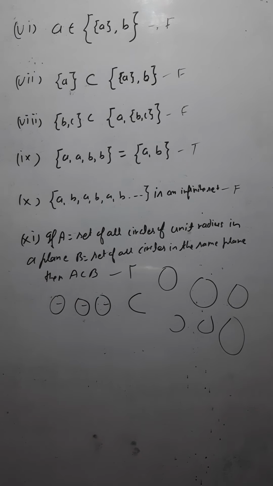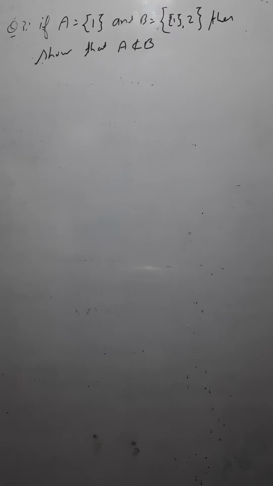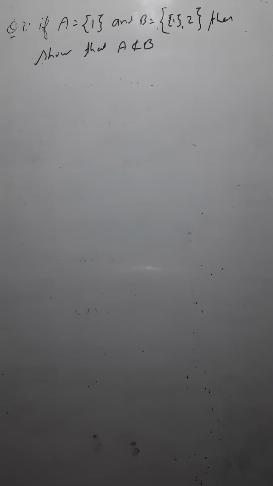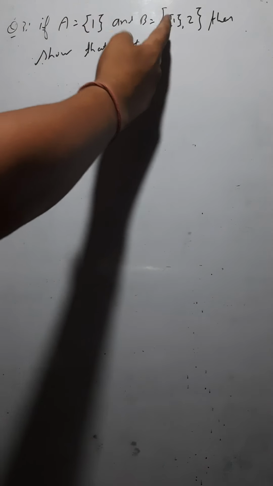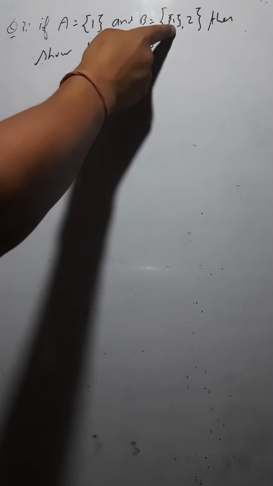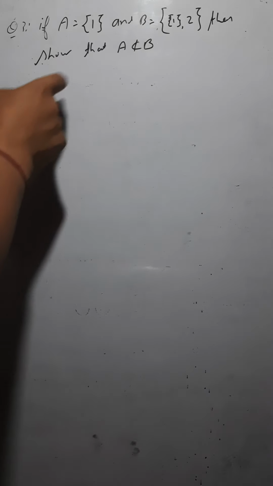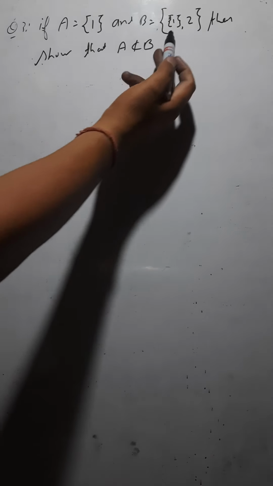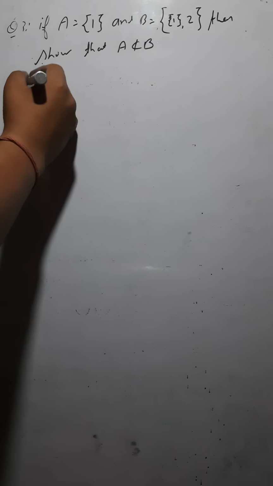Okay, hope you are getting this. Just note it down. Now this is the next question. If A is a set which contains only one element, 1, and you have a set B which has the set {1} and the next element, 2. Now you have to show that A is not a subset of B. How do you say? In A you have only one element, that is 1, isn't it? And in B, this 1 is not there as an element, because this {1} is a set here. Getting it or not?